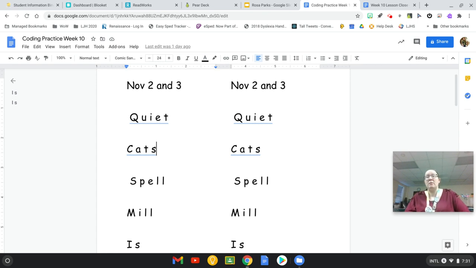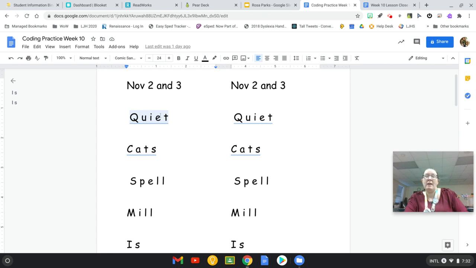And this is where my differentiation really comes into play. So I do have a lower group, a middle group, and a higher group. And then within my program, I am teaching 3 different lessons. So I have a lower group lesson, a middle group lesson, and a higher group lesson. And this is where I meet with their groups to build on skills that they are ready for, which means that my higher group today would be